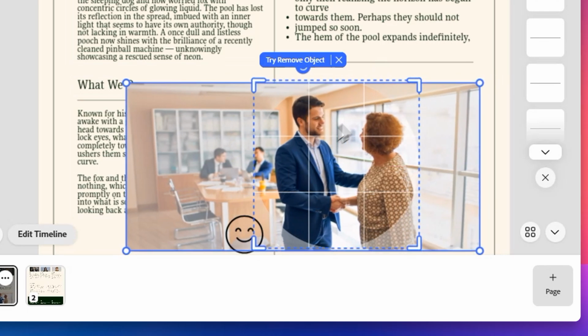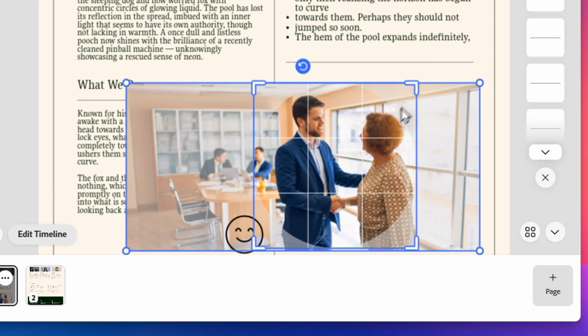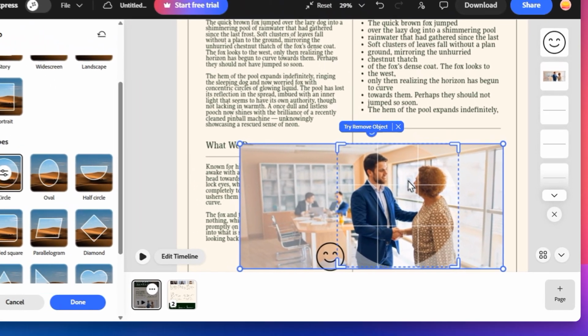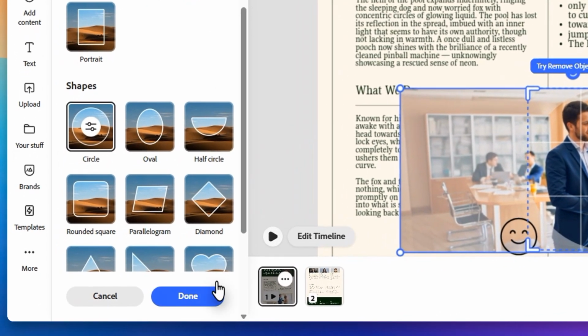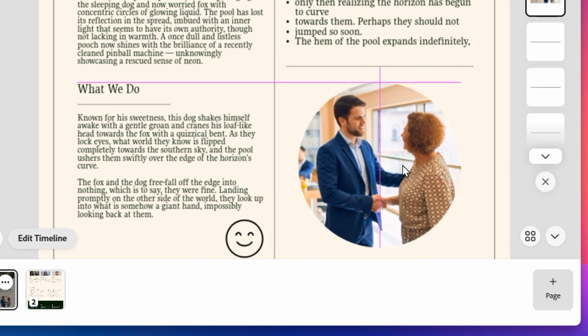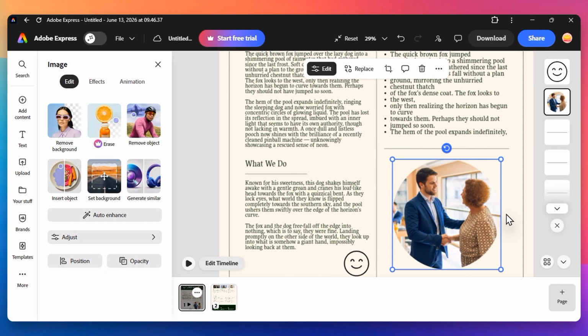Now that the circle is visible, you might need to make some adjustments to get it looking just right. You can drag the corner handles of the crop window to resize it, making the circle larger or smaller depending on your layout. To make sure your subject is perfectly positioned, click and drag the actual image inside the circular frame until it is centered exactly where you want it. Take your time to align everything perfectly. When you are happy with the way